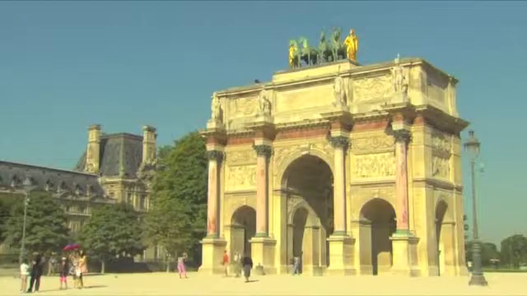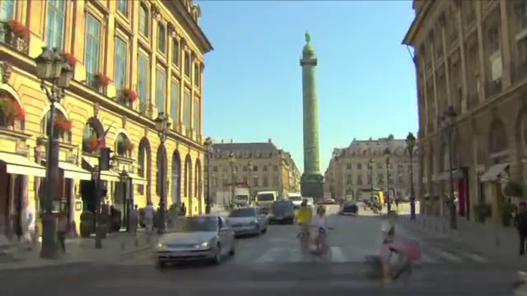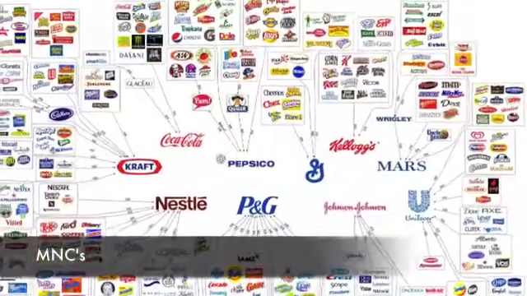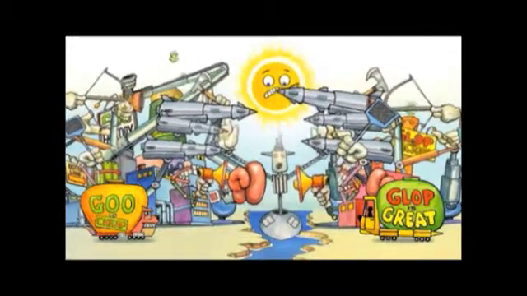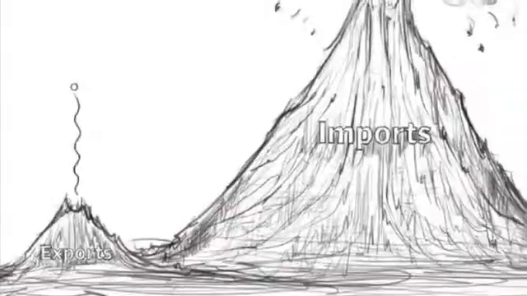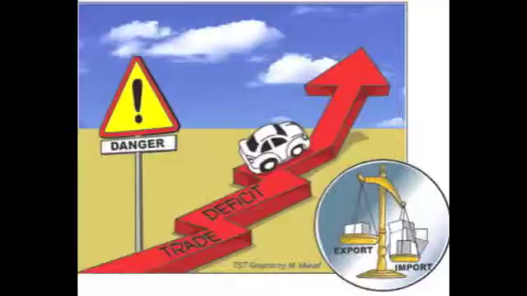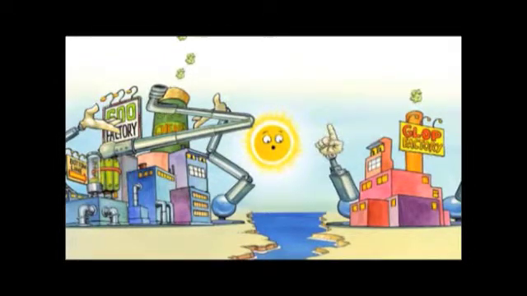Furthermore, it protects local culture and social habits by isolating the economy from foreign influence. It protects the economy from the power and bad influence of multinational corporations, or MNCs, like this, preventing exploitation. Finally, it corrects the balance of payment deficit, since there would be less imports than exports. However, if retaliation occurs, this might not be what actually happens.